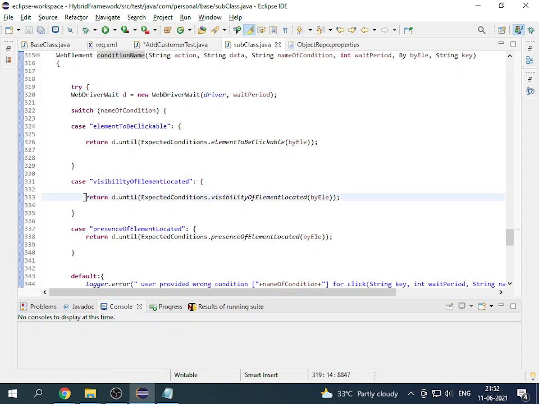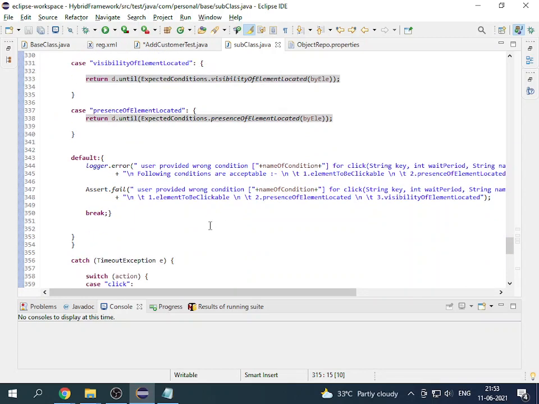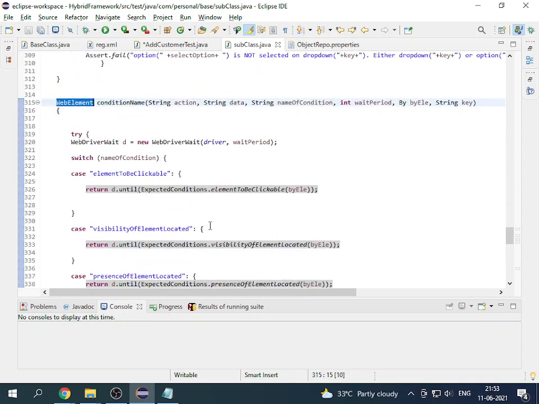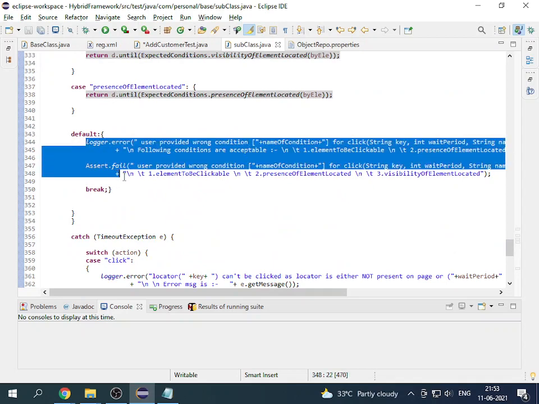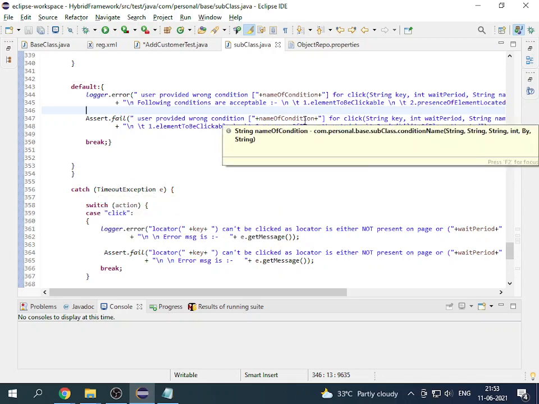This is a switch statement, it is going to return this one. This is a WebDriver wait, sorry, this is a web element, it is going to return, yeah, here it is. If you have given an incorrect condition name, then it is obviously going to throw an error that this is an incorrect condition name. You can play around with giving an incorrect condition name, this and that. I have written my code such that it is able to handle all of these values, incorrect locator name, this and that.